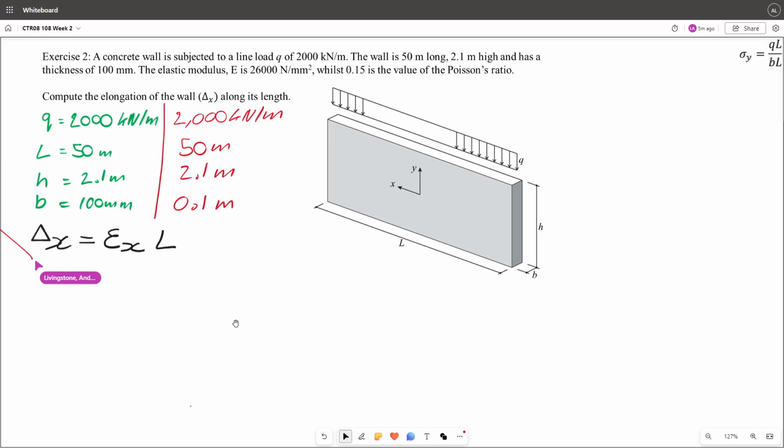Ratio, the black pen, Poisson's ratio, and it's minus strain at LAT. Oops, I did it too small. Go a bit bigger. Double check I've got that right. Cool. Now remember what I'm trying to get. I'm trying to get my